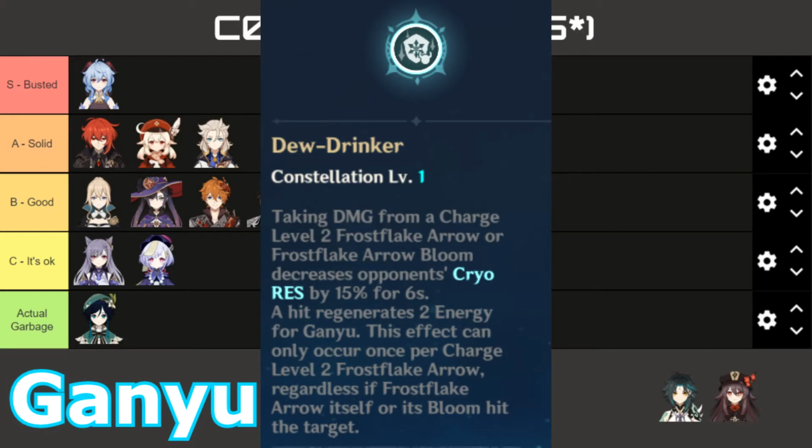A hit regenerates 2 energy for Ganyu. This effect can only occur once per charge level 2 Frostflake Arrow, regardless if the Frostflake Arrow itself or the bloom hits a target. What is that? 2 energy for shooting a level 2 shot? And both of them don't even need to hit, just one of them? So essentially, she becomes an